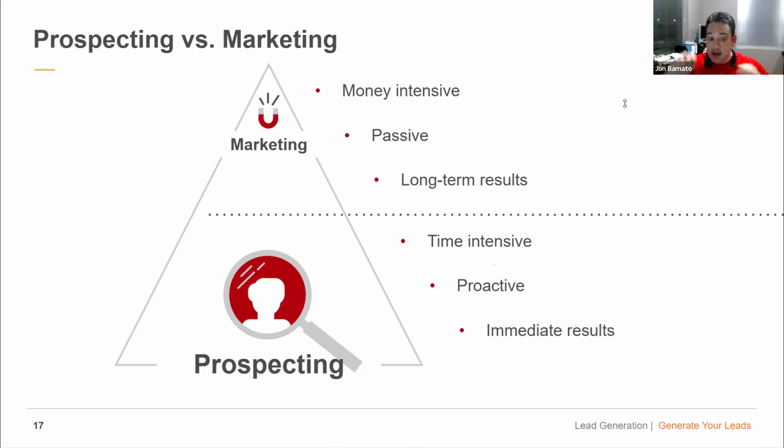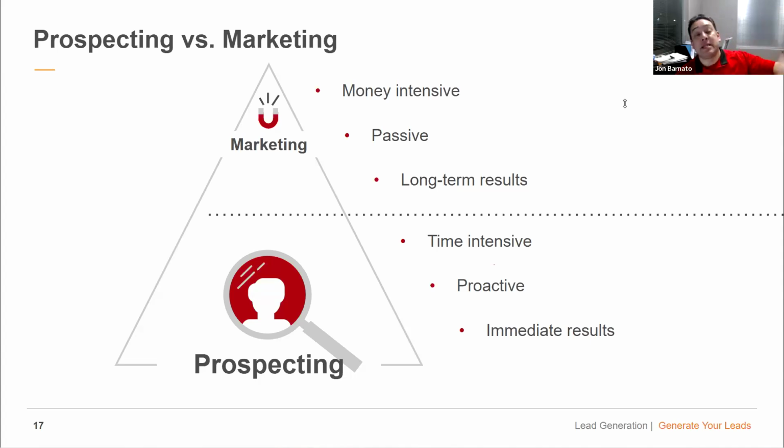Make sense? So people come to you. Marketing is long-term results. Usually you have to do something. So a great way to get listings is to do a geo farm. But I tell people you're going to have to drop something on the door, mail something to them, and do open houses in that area for probably a year before you get any serious consideration on business. It's a long-term result. Make sense?